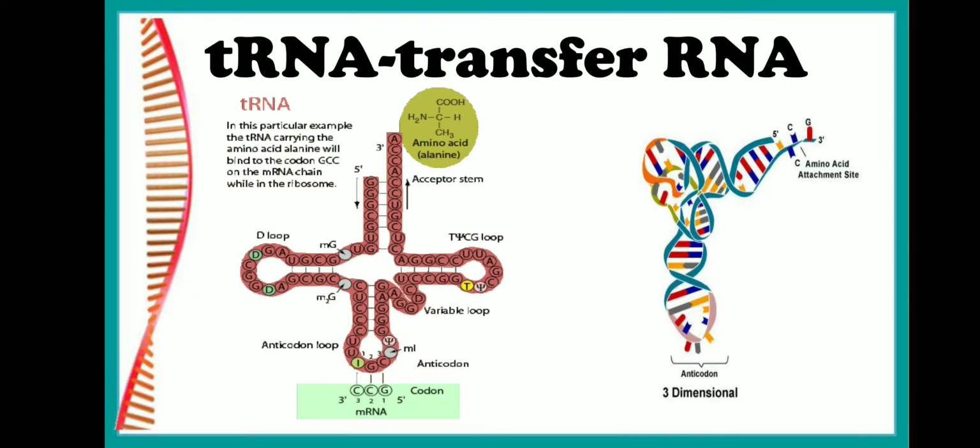Hello everyone. In this video, let us learn about tRNA, which is transfer RNA. It is also termed as soluble RNA, supernatant RNA or adapter RNA molecule. Now this tRNA is about 10 to 15% of total weight of RNA of the cell. It can recognize codons on mRNA and exhibit high affinity for the 21 amino acids.